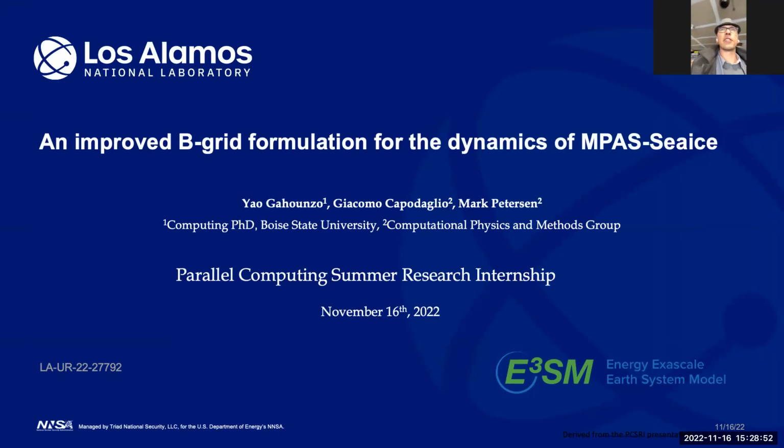Well, I have one more if nobody else is asking questions. Did you get to implement this new method in the E3SM or in MPAS Ocean, or were you just testing it? No, I implemented this in the model. Was it difficult to work with MPAS or was it easy? Yes, the first week was challenging because the code is so big and I had to understand everything in order to implement this new numerics into the model. But with some sleepless nights, it was fun.